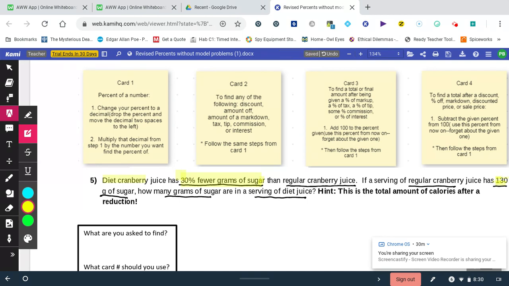Diet has fewer grams of sugar than that. Okay? All right. But you want to keep in mind that diet also has 30% fewer grams of sugar. So 130 represents the whole thing. I want to look at this hint. This hint says this is the total amount of calories, and it shouldn't say calories. Let me mark that out. This is the total amount of grams of sugar